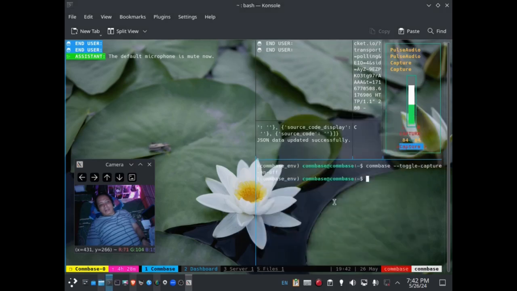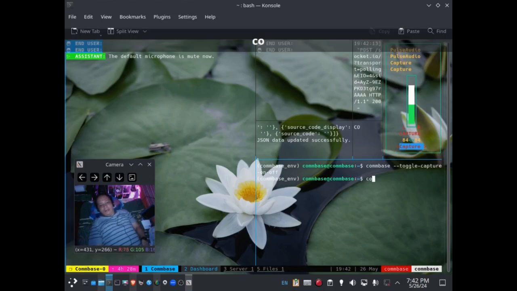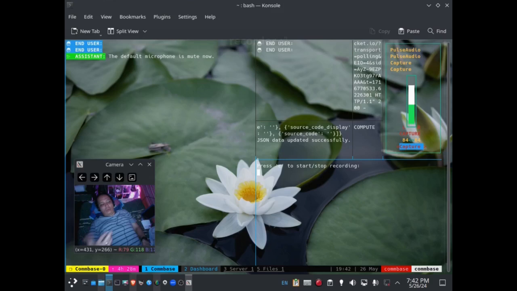So it's listening, but it's not at the same time, because for the reactive engine we need this recorder for Combase to get ready to receive our commands.